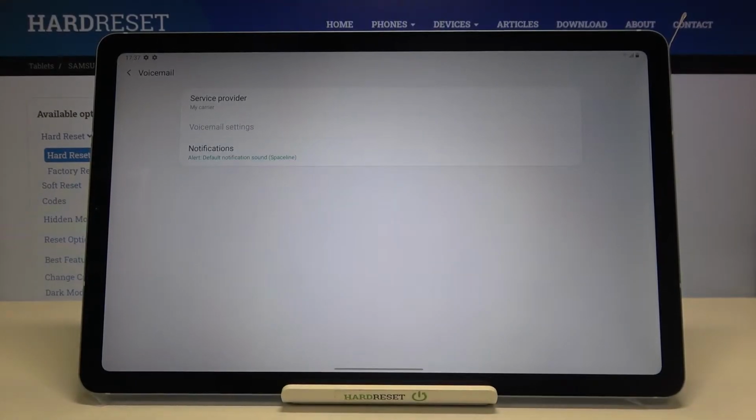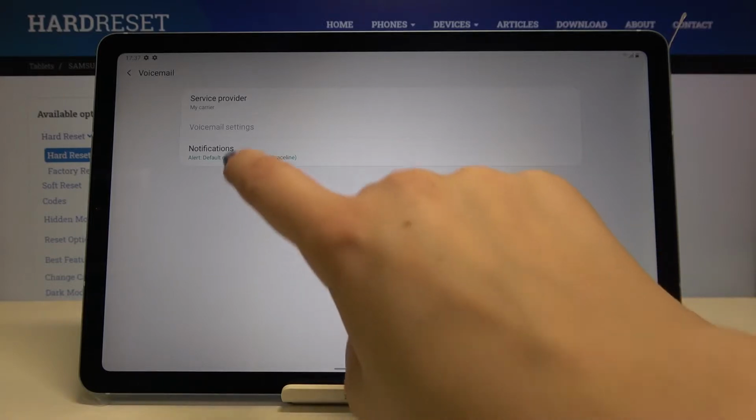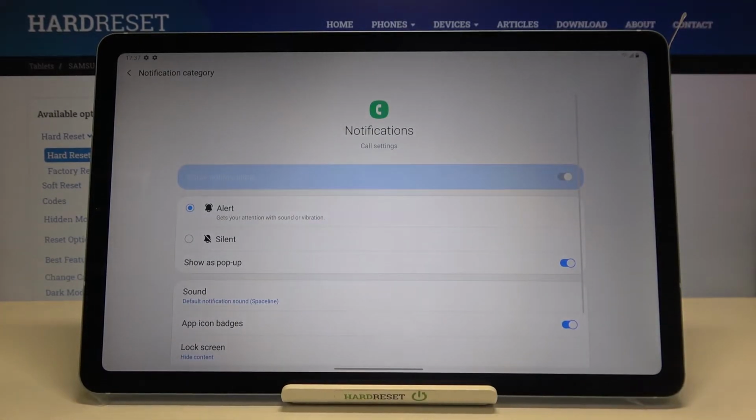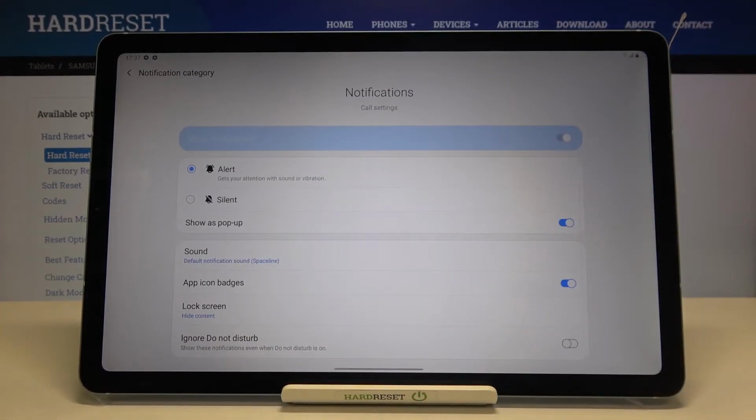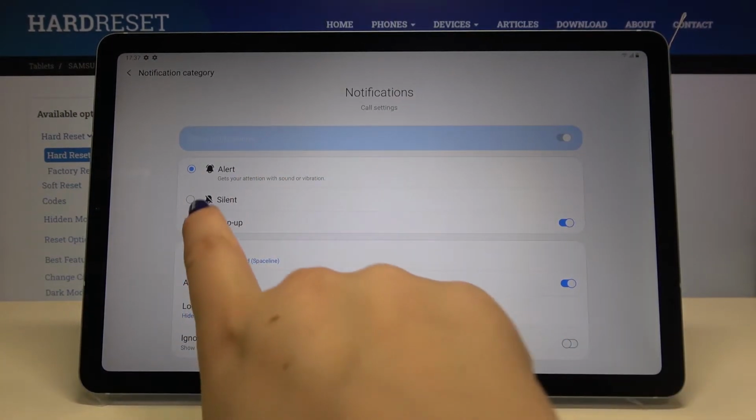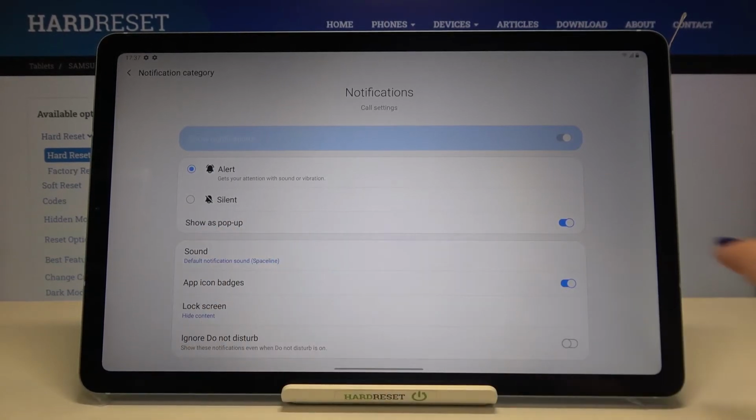As you can see at the very bottom of it, we've got the notifications, so let's tap on it, and here we've got actually some settings which are connected with those notifications, and of course you can set the alert, which is right now turned on. You can set silent, you can decide if you'd like to show it as pop-up, and finally you can find